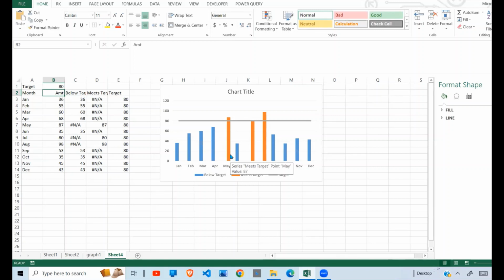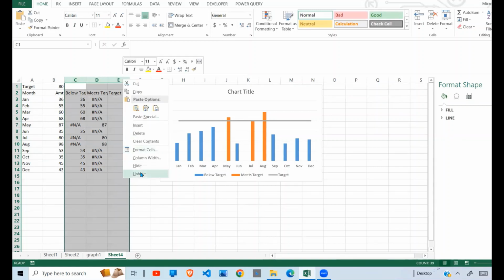Of course, you can change the colors. The ones meeting the target, you can maybe make them green and all that. But this is how you can achieve this. And in addition to this, you may want to hide your data here. So if I do hide my data,